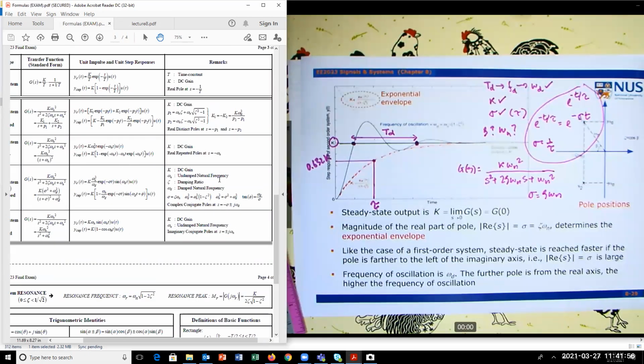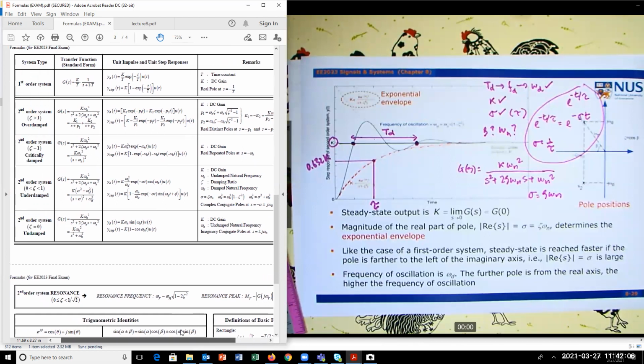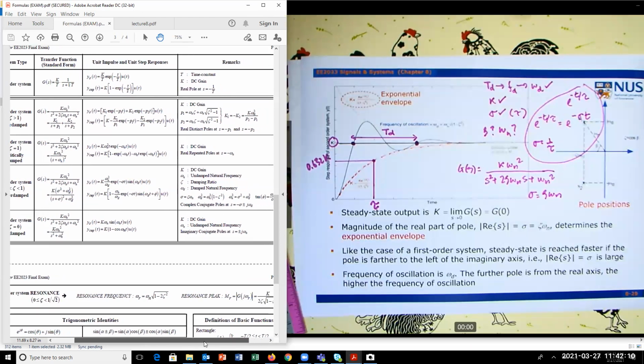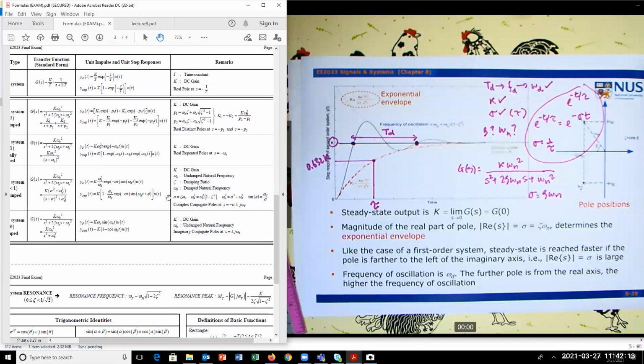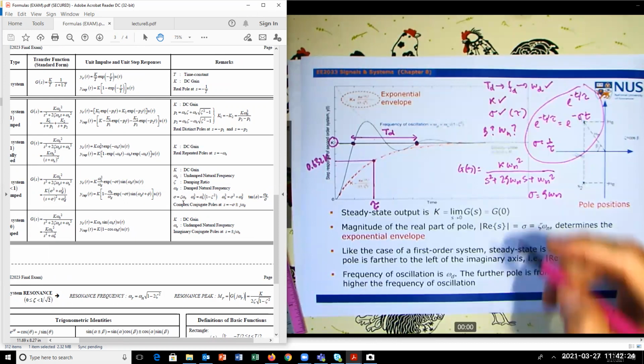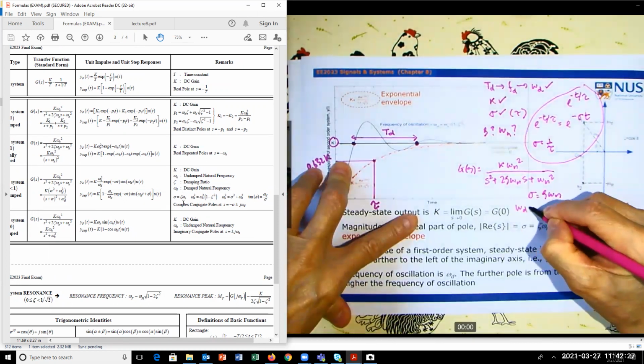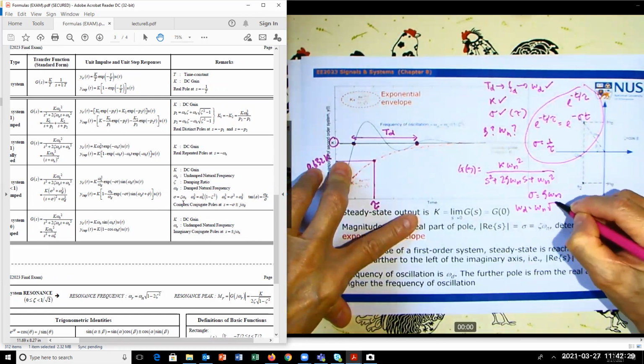Under the damped system, right under here. Sigma is zeta omega n. Can you see here? So there's one formula. The other formula is this one here: omega d equals omega n square root of 1 minus